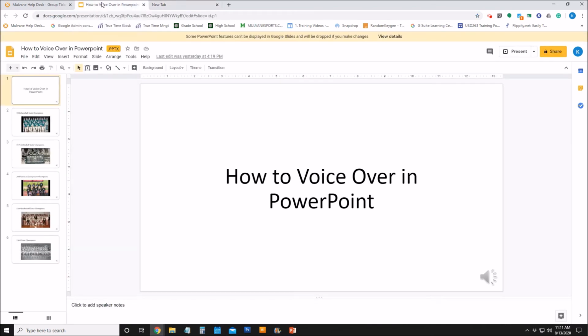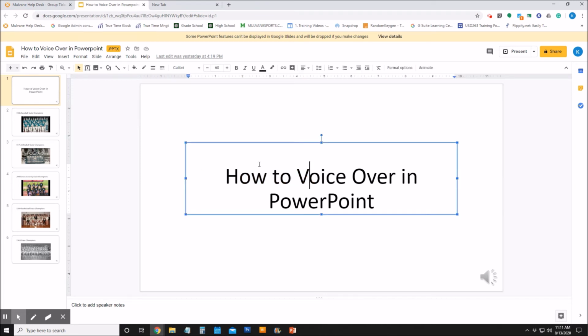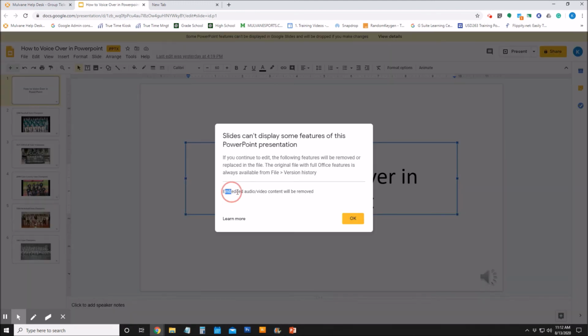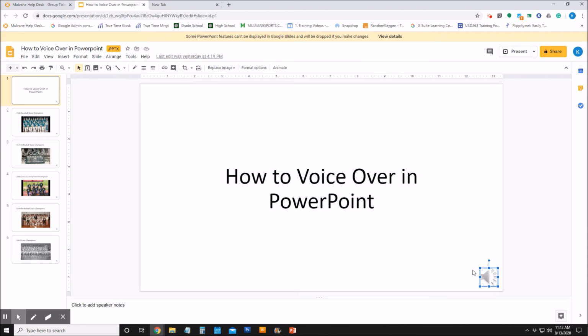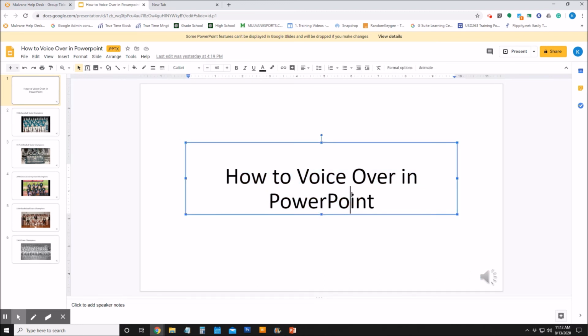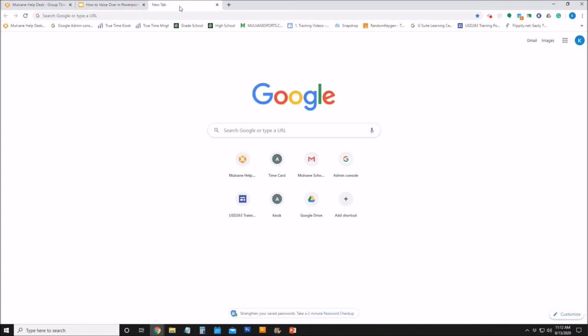You can upload PowerPoints and open them in Google Slides. However, the voiceover feature is not compatible in Google Slides. So you'll see up here, it says some PowerPoint features can't be displayed. And so if I click view details, it'll tell me that the embedded audio content will be removed. So even though it has the speaker down here, the voiceover will not play in Google Slides. So that's why I suggested to export the PowerPoint as a video so it can be compatible with students and